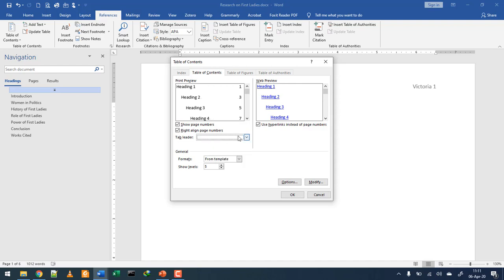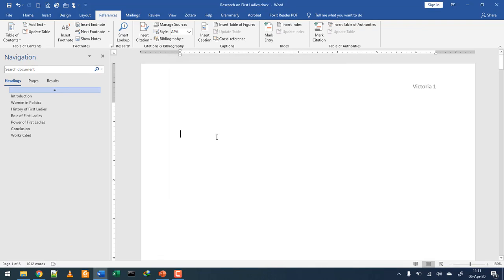We can use none, meaning there won't be any tab leaders joining us from the title to the page, or we can use a dashed line or a single line or the default, which are the dots. So you're going to go through this exercise, follow within the lecture slides on how to insert a table of contents